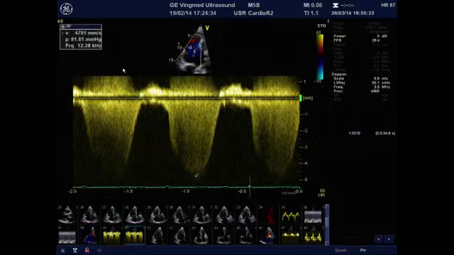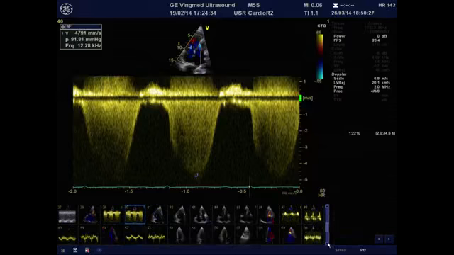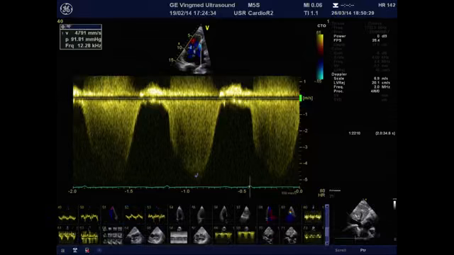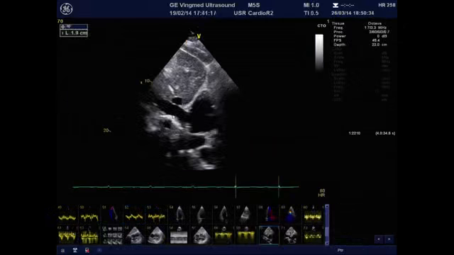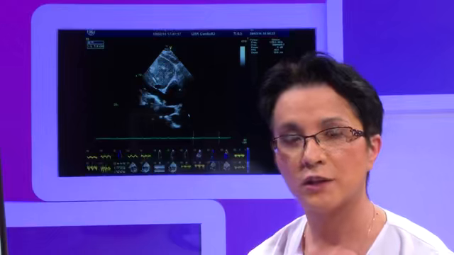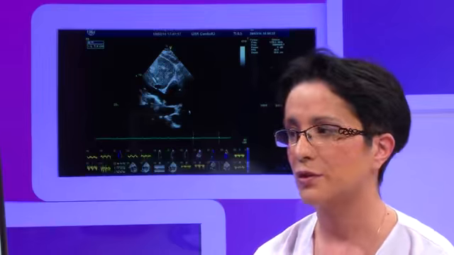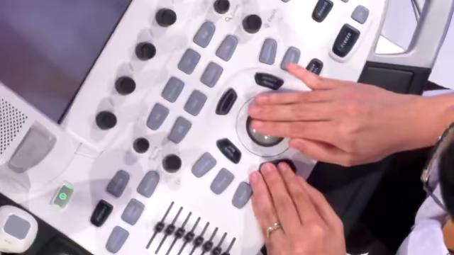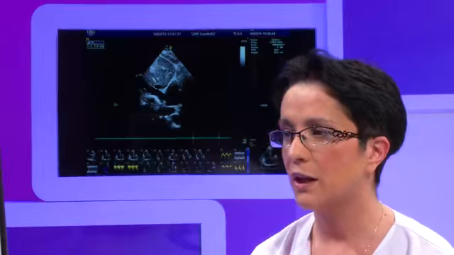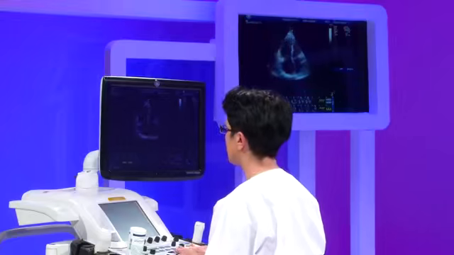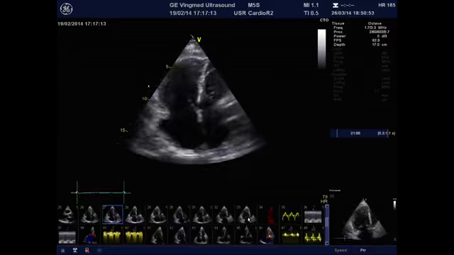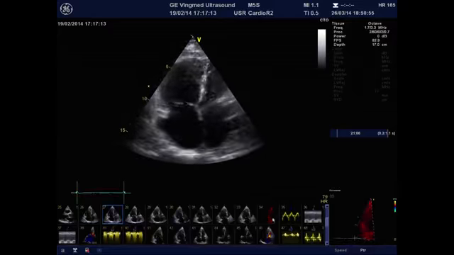between the right ventricle and the right atrium, to which we need to add the value of the right atrial pressure as based on the dimensions of the inferior vena cava, which is 19 with little inspiratory collapse, showing us that the pressure estimated by echocardiography is around or above 100 millimeters of mercury. To this is associated the presence of a very large right ventricle with a visual impression of right ventricular dysfunction,